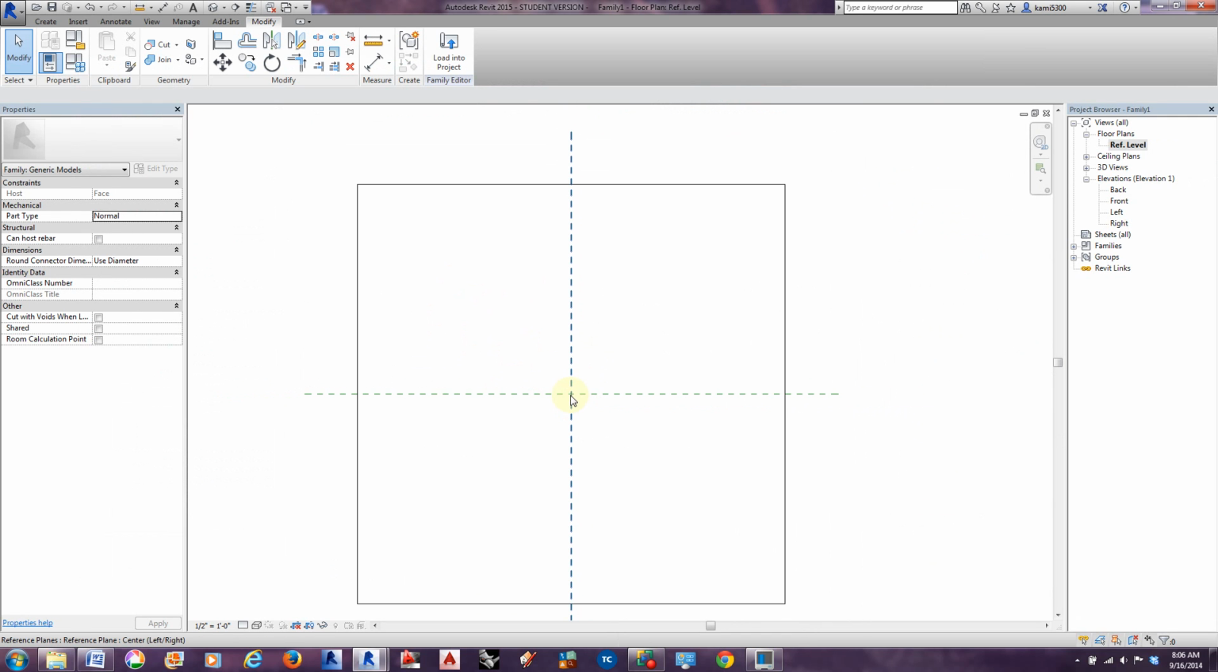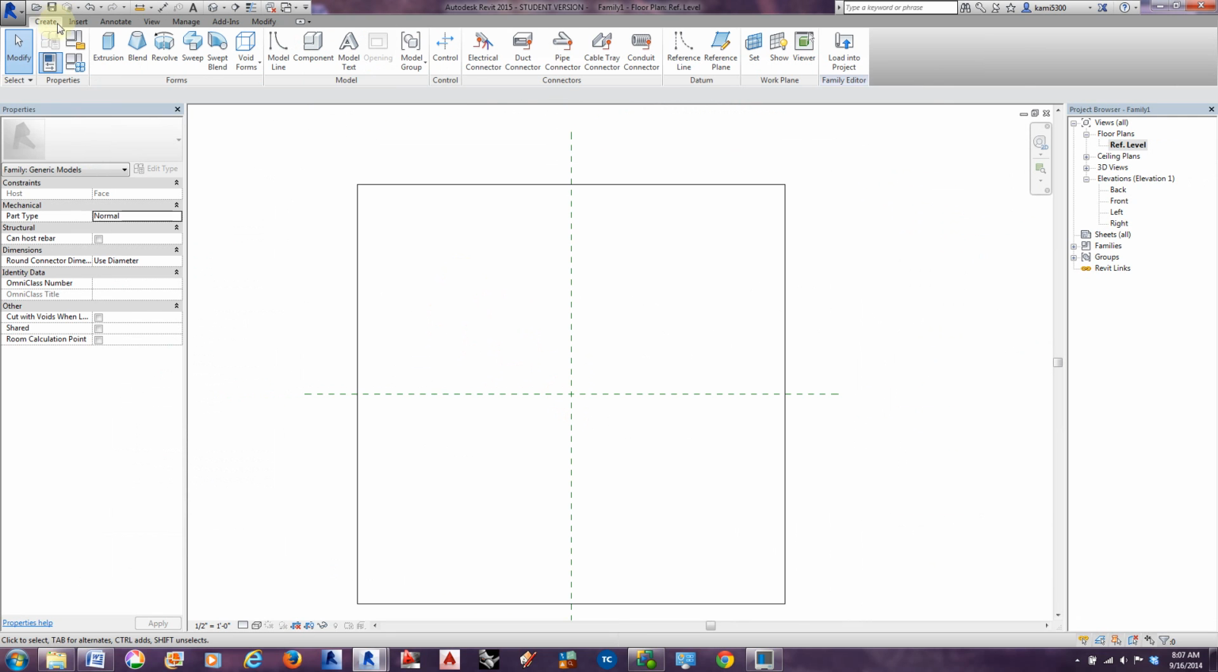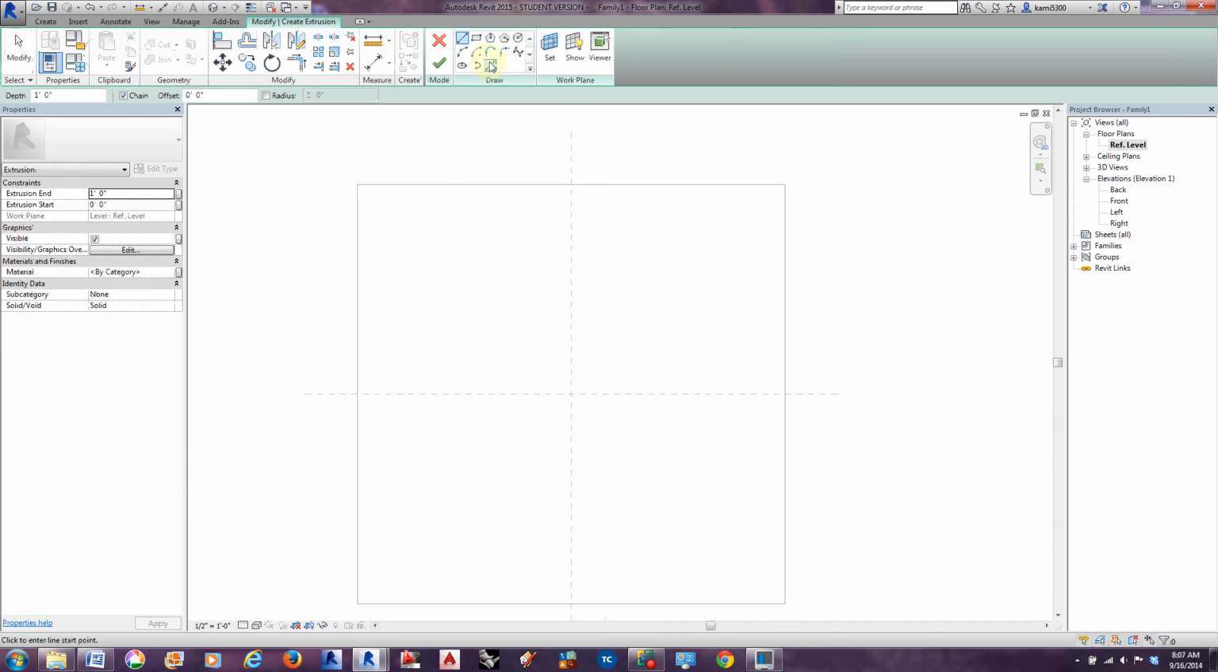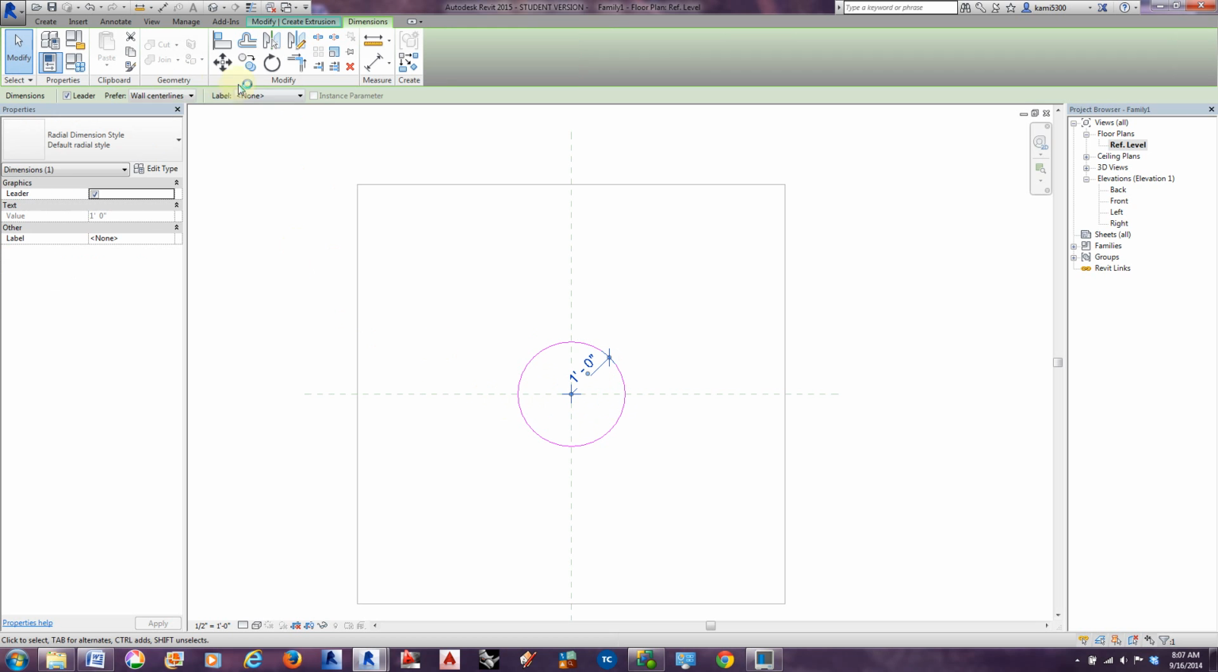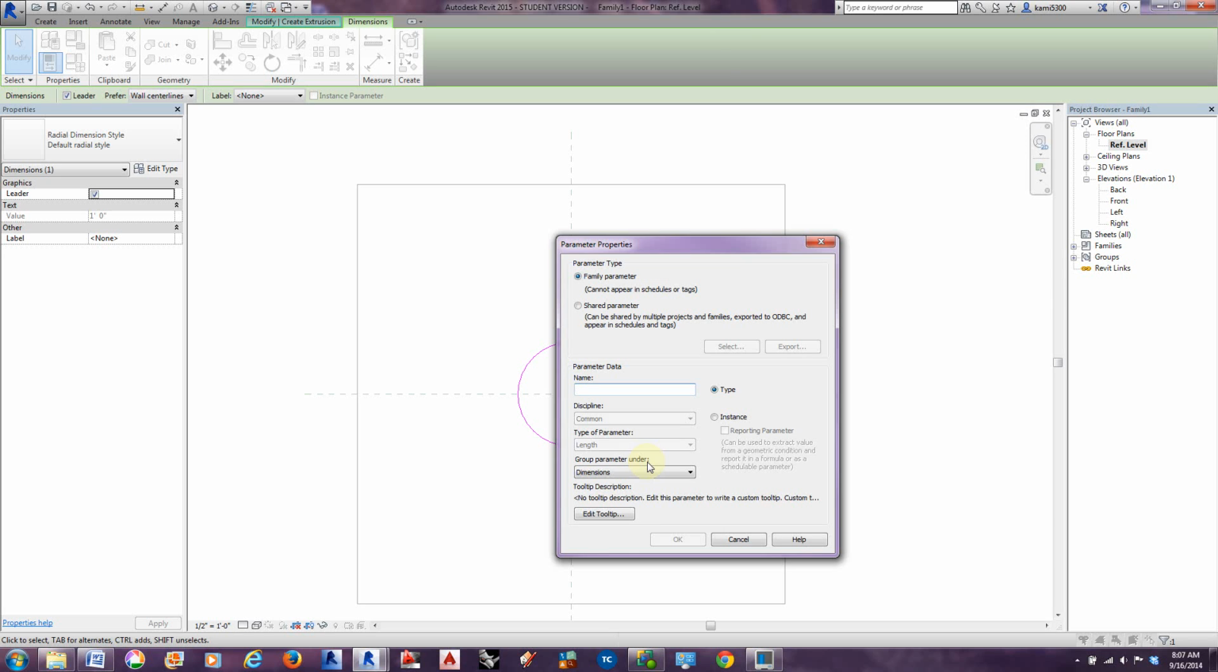So we're going to go ahead and start with creating an extrusion, and we're going to use the circle, and we're going to put the center point right on our crosshairs in our floor reference plane. And we're just going to draw a circle, and I'm going to go ahead and create a permanent dimension and add a new parameter and call it cap radius, or maybe we go exterior cap radius. Okay,